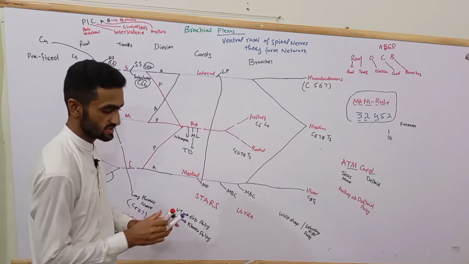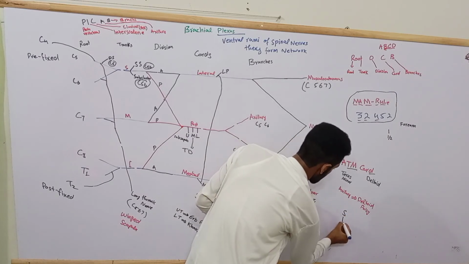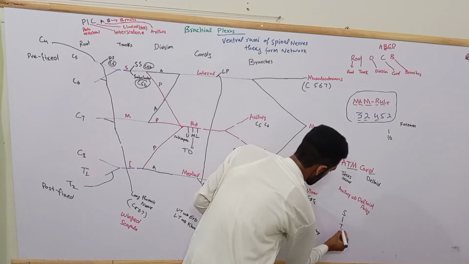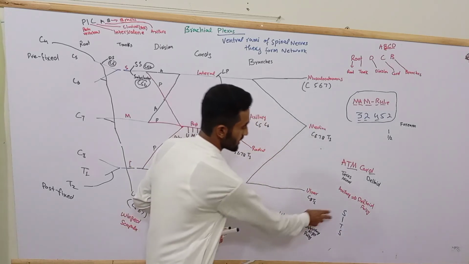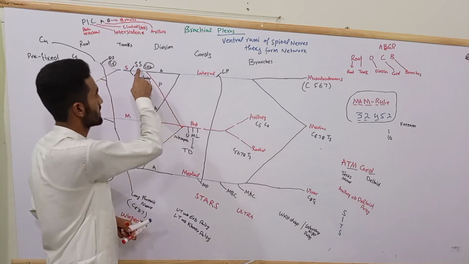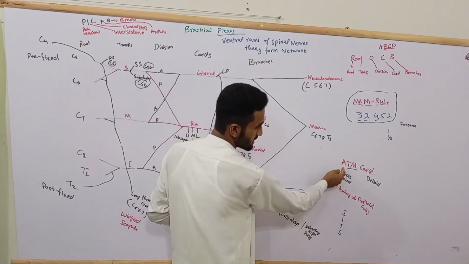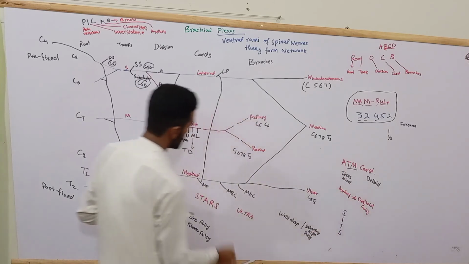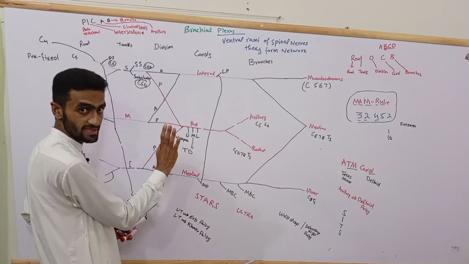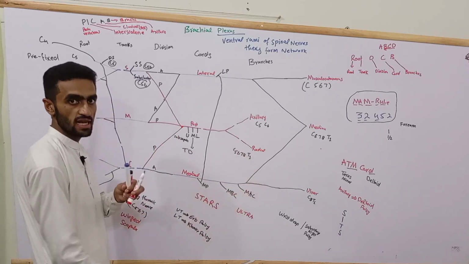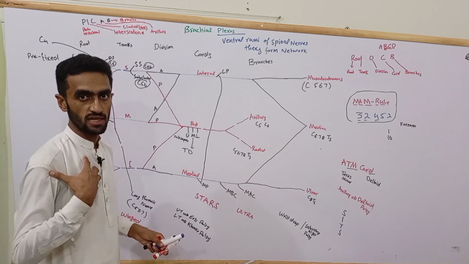So very important is the SITS muscle group. You know them better: the supraspinatus, infraspinatus, teres minor, and the subscapularis. Supra- and infraspinatus are supplied by the suprascapular nerve, the teres minor you know better from the axillary nerve, and the subscapularis is supplied by the posterior cord branch, the subscapular nerve. Make sense? So these four muscles, and if you come to the anterior aspect, the pectoralis major is supplied